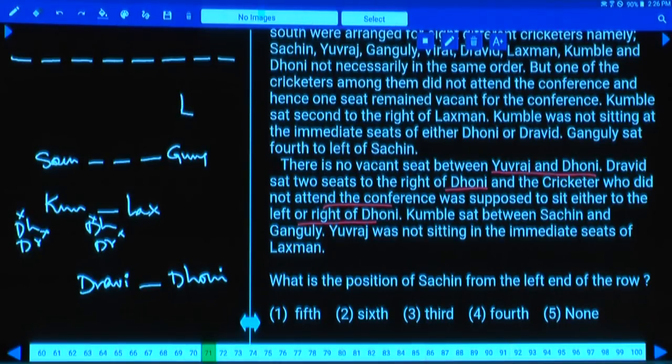If Lakshman is here, then Kumble will be here, isn't it? If Kumble is here, this Kumble is neither adjacent to Dravid nor Dhoni, isn't it? As Dravid and Dhoni cannot be in this place, cannot be in this place, as Dravid and Dhoni cannot be in these 2 places,